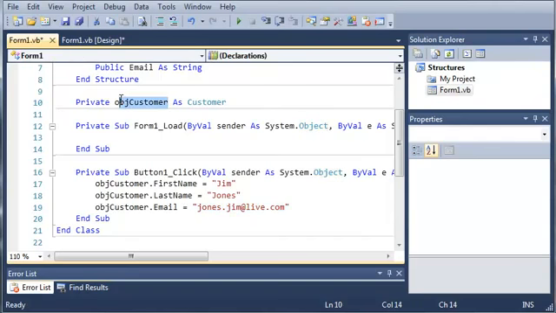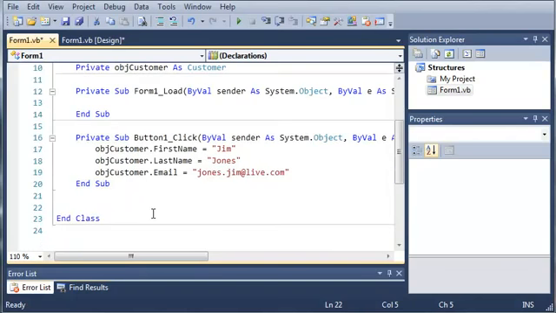Okay, so now that we have set a value for each of the variables inside of the structure object customer, let's add the customer to these text boxes right here. We could do this right in button one dot click, but we want to use a sub, because this makes it easier to reuse code, and we're not going to have to copy and paste, which is a very bad habit that you don't want to get into. So we are going to create a sub called display customer. What this is going to do is get our structure and add it to the text boxes. So we'll type private sub